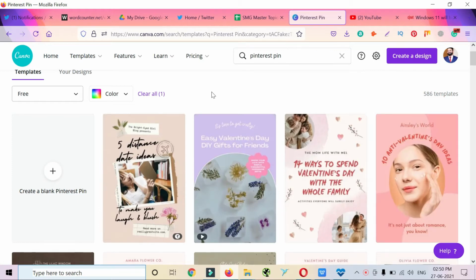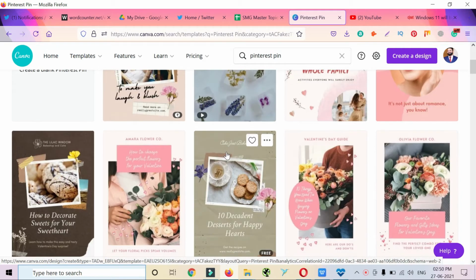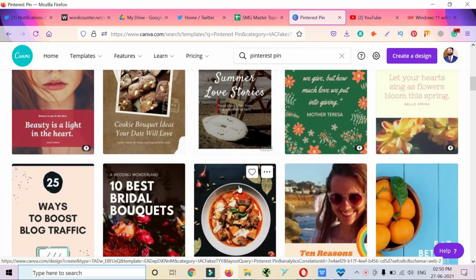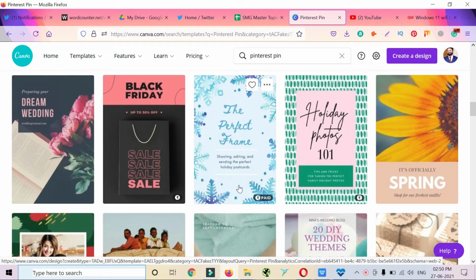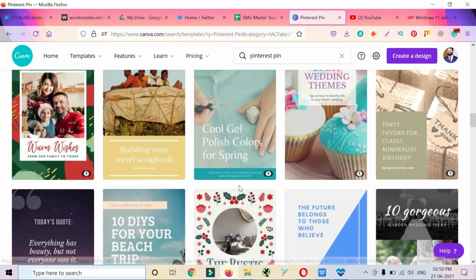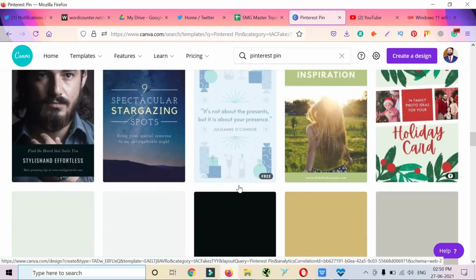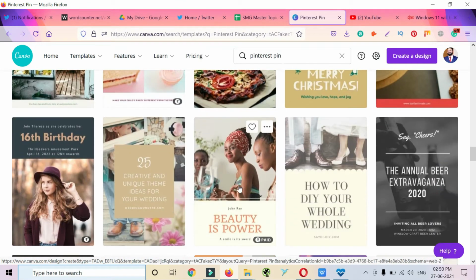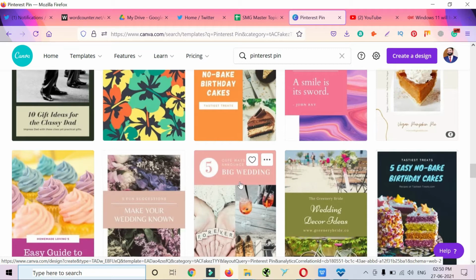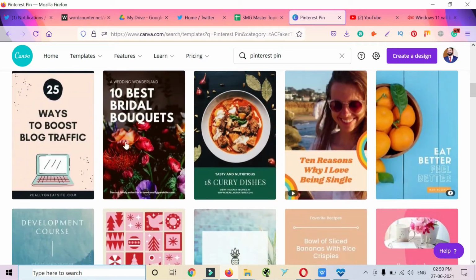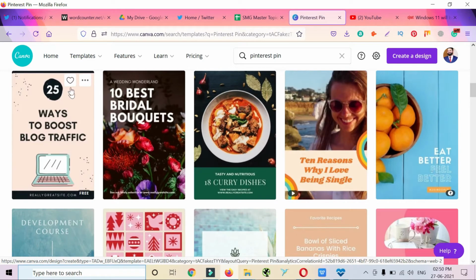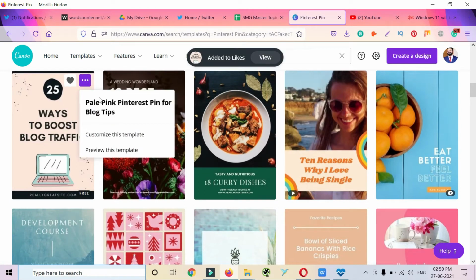You can choose the templates as per your requirement, or you can create the template yourself from scratch. There are a lot of options, for the food bloggers, for the beauty bloggers, for the tech bloggers. Hundreds of options are there. So I'm going to select one option, as my blog is related to technology. You can wishlist particular templates by clicking on the heart icon.